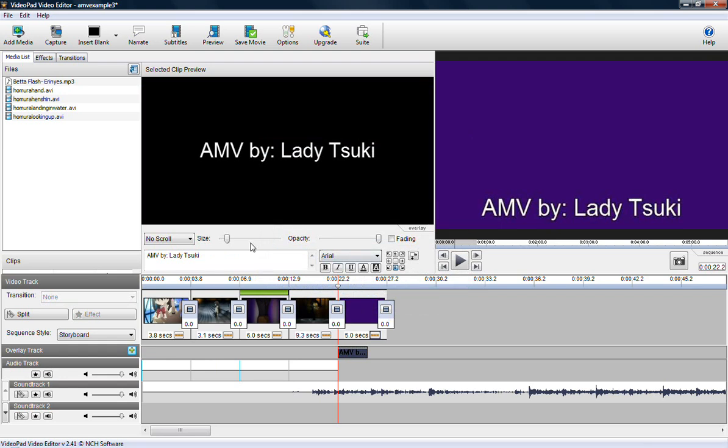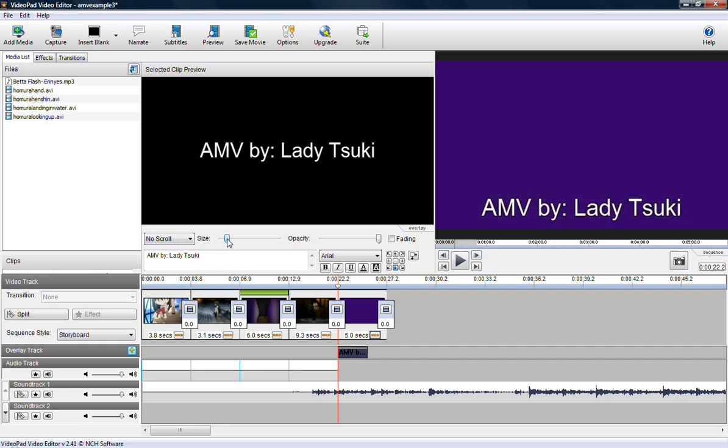Now you'll be presented with a wide variety of options for tweaking your credit text. First, you have the scroll drop-down menu here, which will allow your text to scroll however you specify.